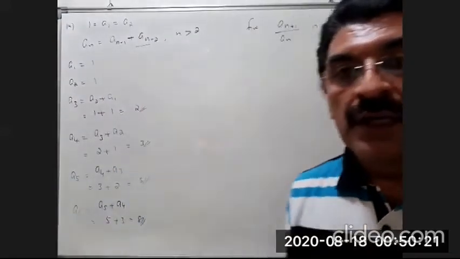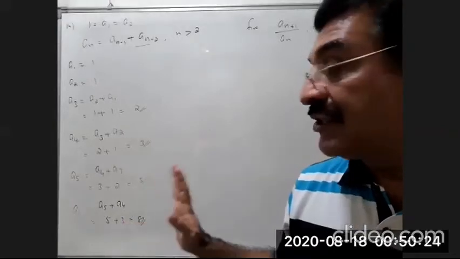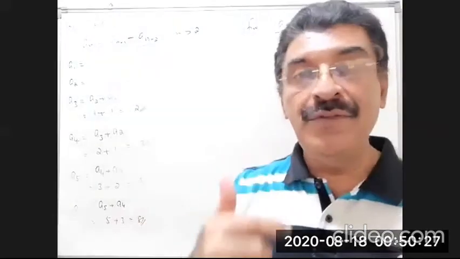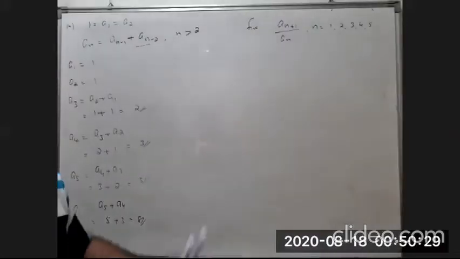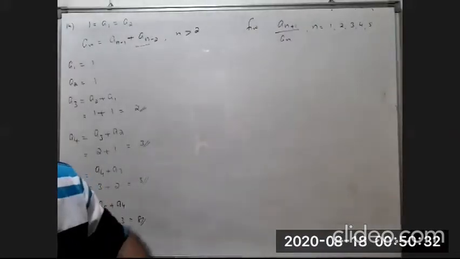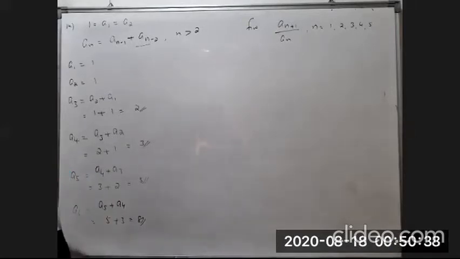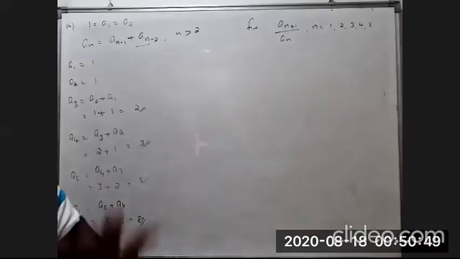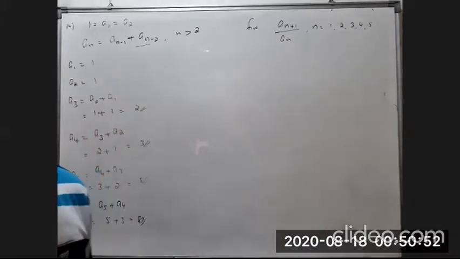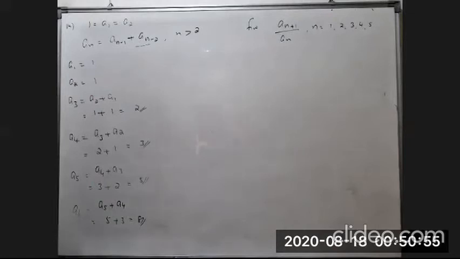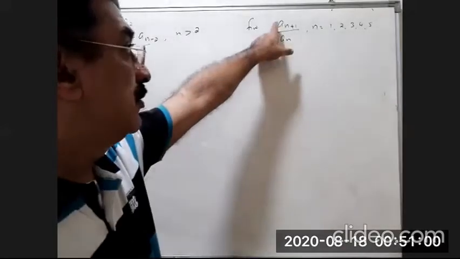In this question, it is not asked to find the first 5 terms. In the previous questions, the question was to write the first 5 terms of the sequence. Here, the question is not to write the first 5 terms or anything. Then, why did we find these first 6 terms? Why did we find a1, a2, a3, a4, a5 up to a6? Why not a7? Or only till a5? How many of you got the idea? Why only up to a6? The reason is the question is